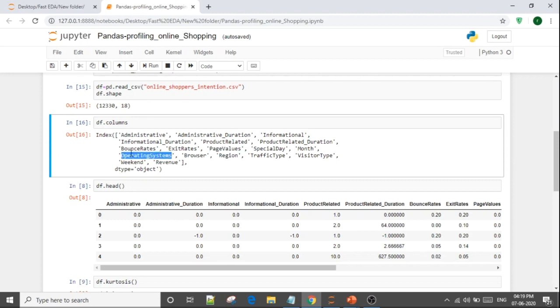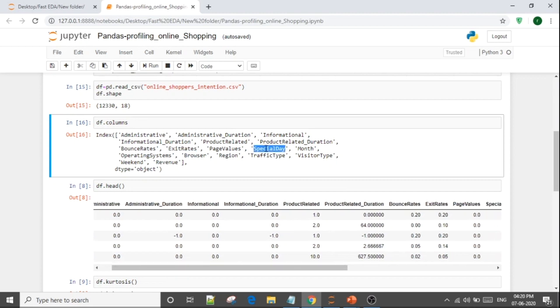Here we are referring to the percentage of the visitors who enter this website from that page and just leave, or just bounce, without triggering any other request. So this is the bounce rate. And exit rate, it's calculated for a specific page. And apart from this, we have a special day, whether there was a special day, any festival or any